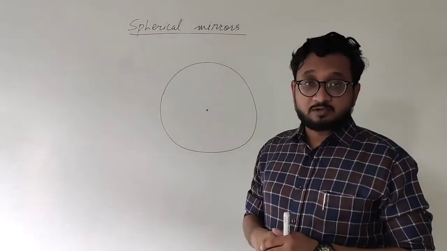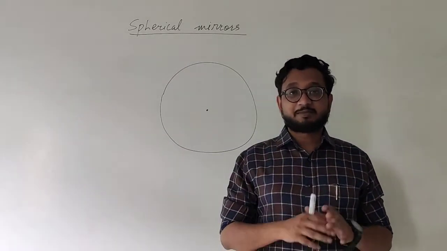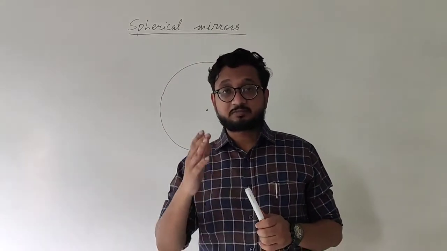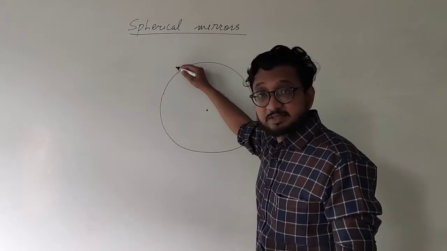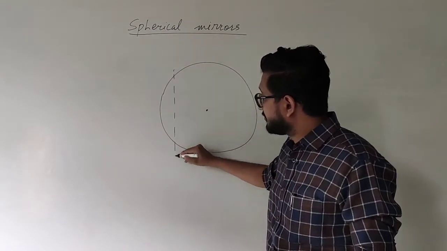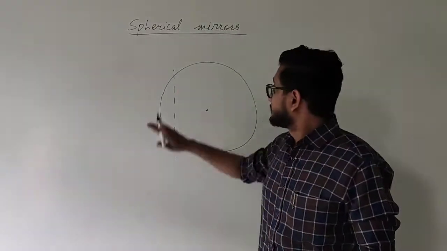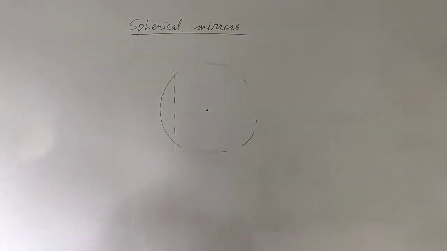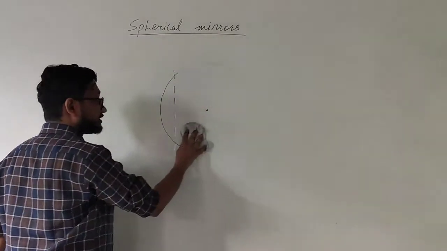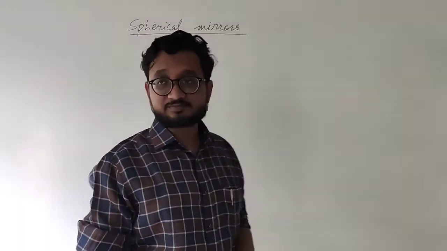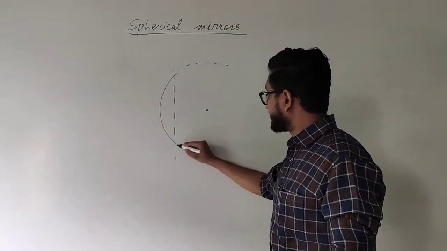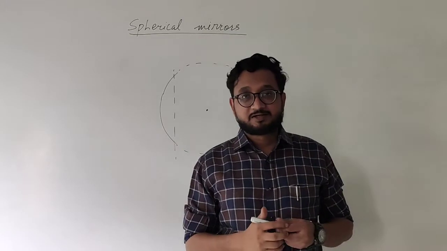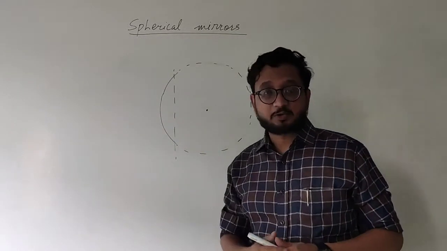So let's begin. Why are they named spherical mirrors? Because imagine a sphere, a ball shaped object, and it is cut from a certain point. Let's say this is a particular sphere and we are removing this part. Let's get rid of everything, and what we have over here is a part of a sphere. To understand that, we are just going to pretend that there is an invisible sphere around it. This part over here is our mirror.